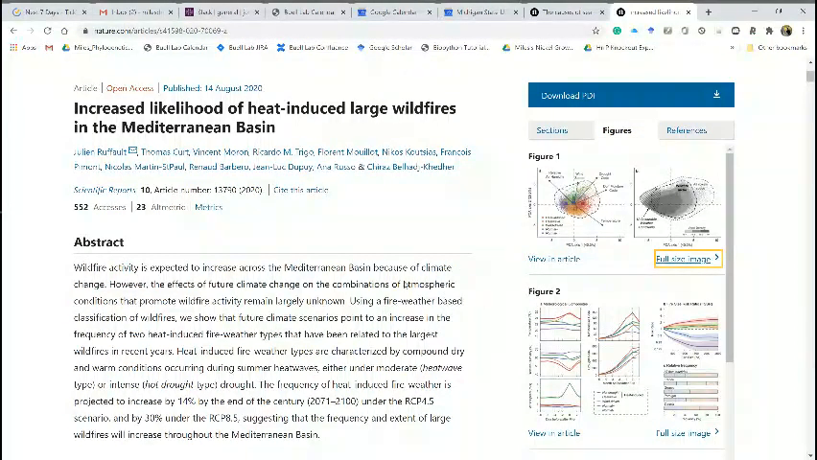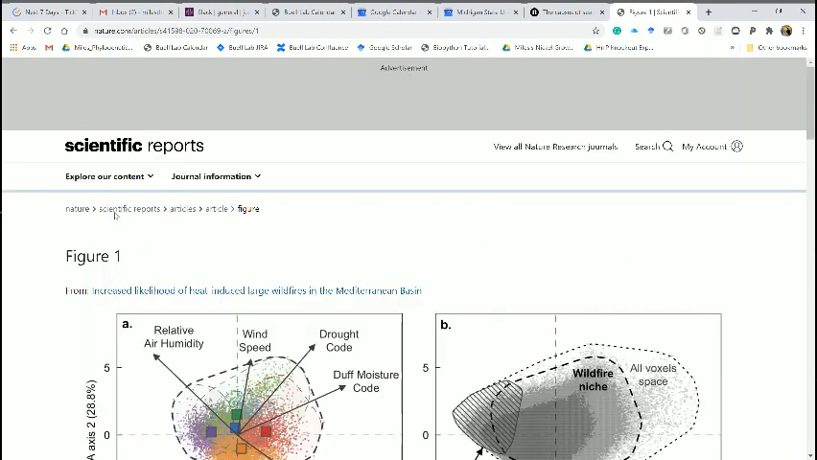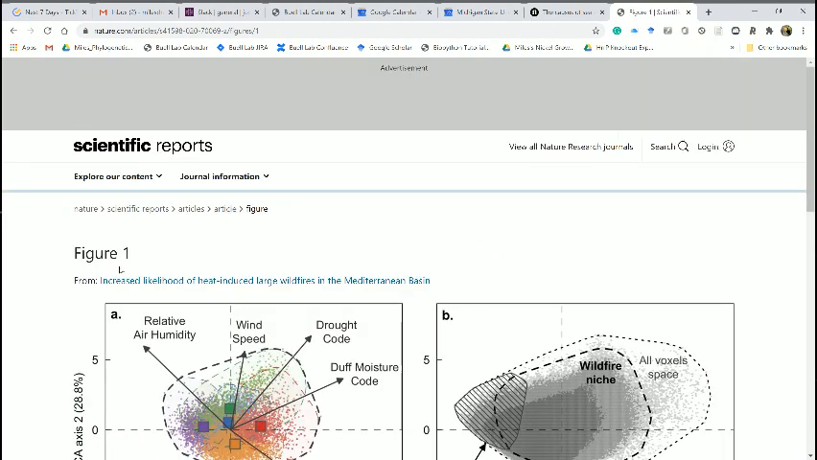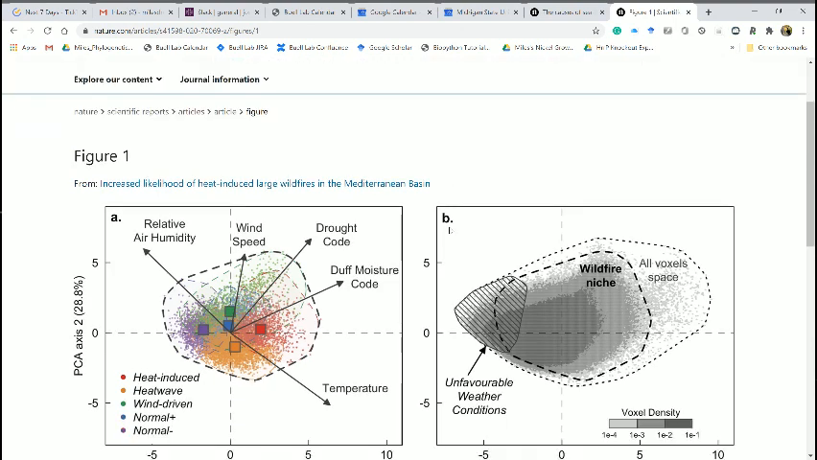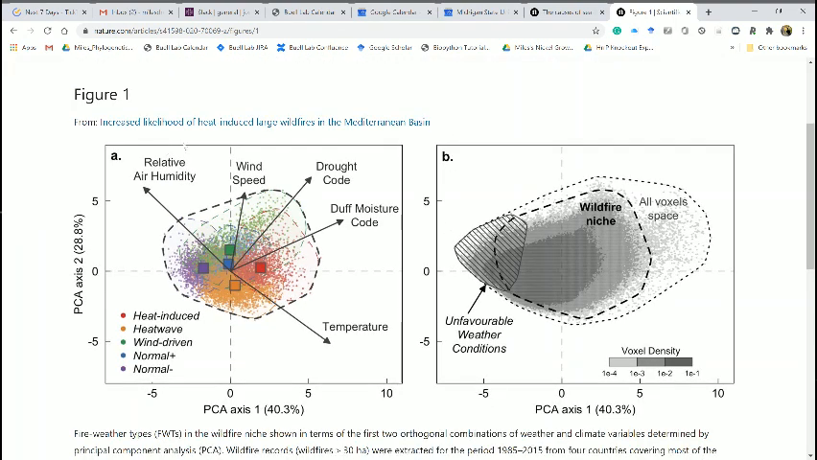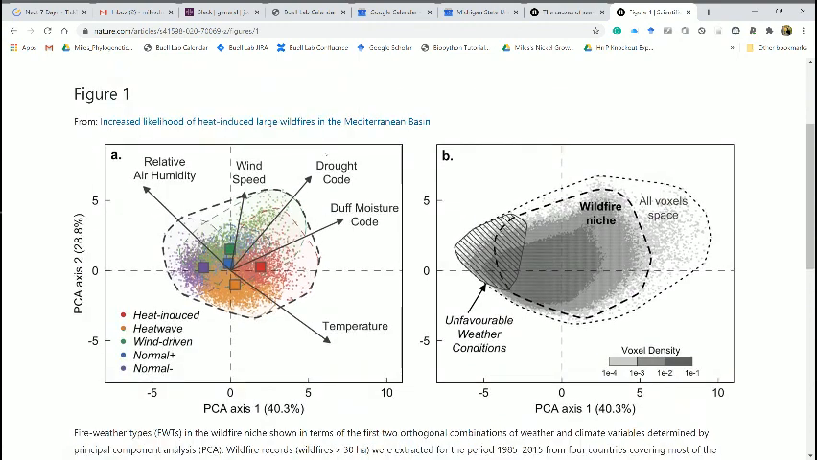But let's try to figure this out. So I should have read the title actually. Oh, here it is anyway. Increased likelihood of heat-induced large wildfires in the Mediterranean Basin. So I assume that's referring to how heat is inducing large wildfires more often as the world warms up due to climate change. At least in the Mediterranean Basin,